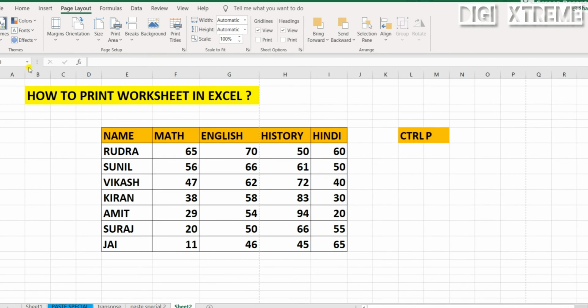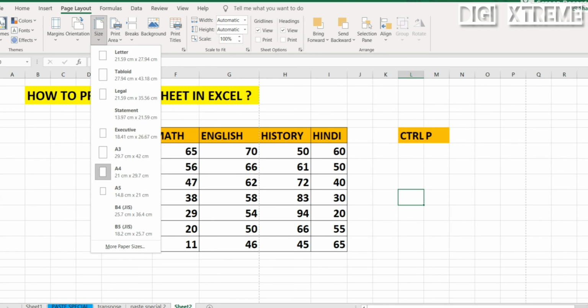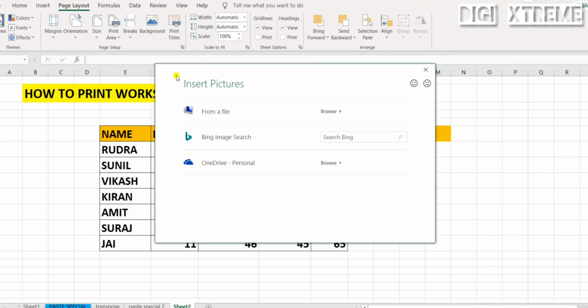You can also make changes from here. There is margin, orientation, portrait or landscape, and size, the paper size I showed you. Breaks and background: if you want to insert a picture in the background, you can upload it and it will print the picture as well.